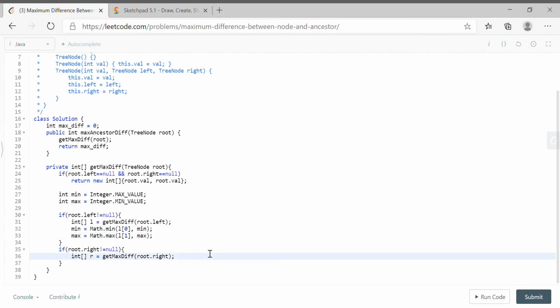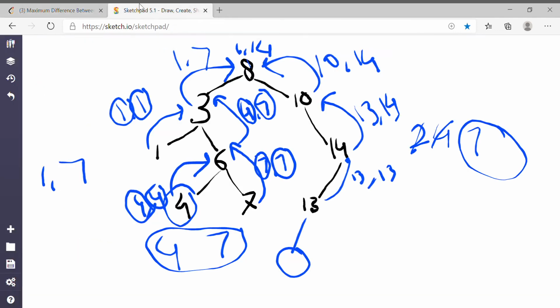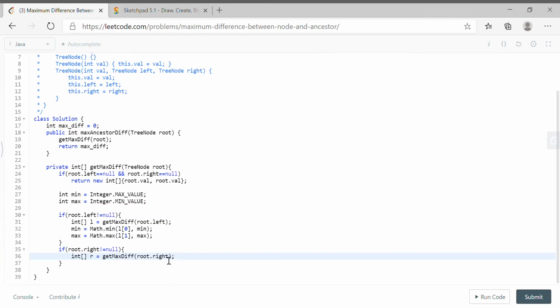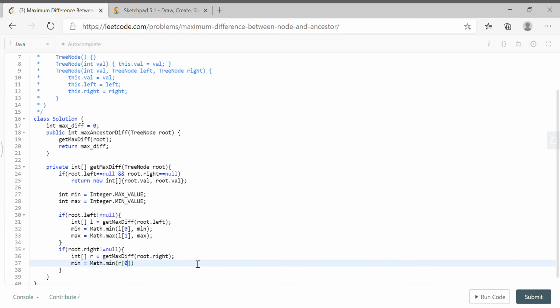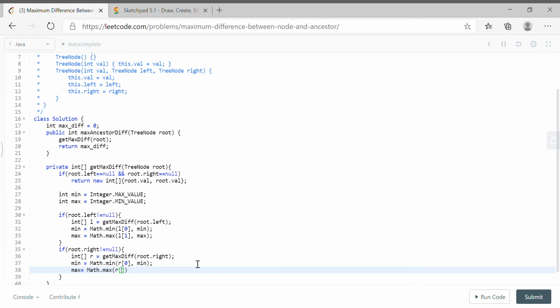Same way, whatever max and min we get from the left, if we compare with the right, we will again get the max and min. So min is equal to Math.min of R of 0 comma min. Fine. And similarly, Math.max of R of 1 comma max.